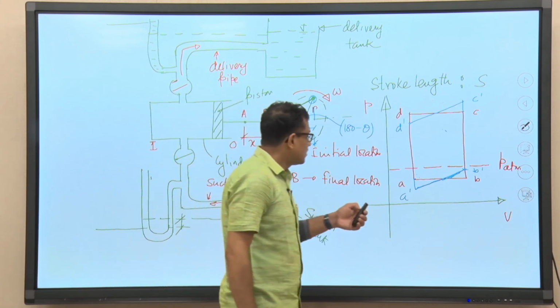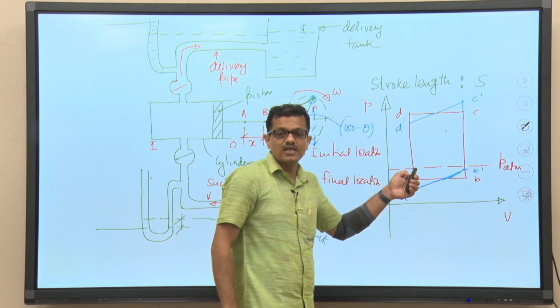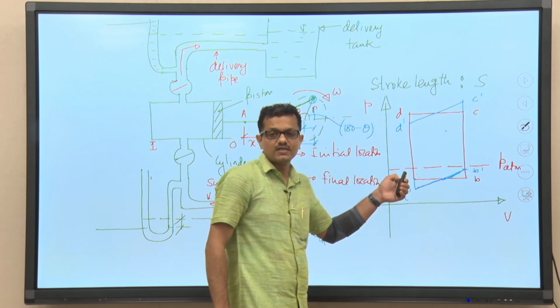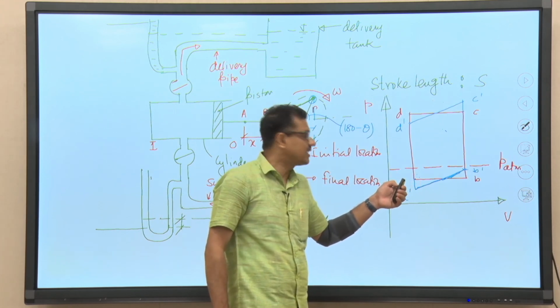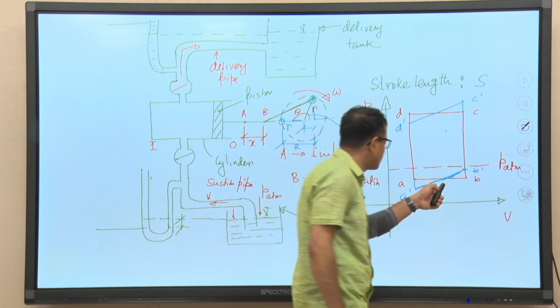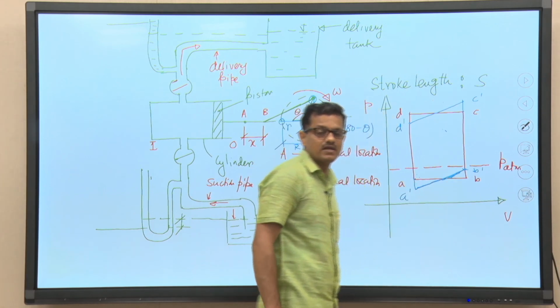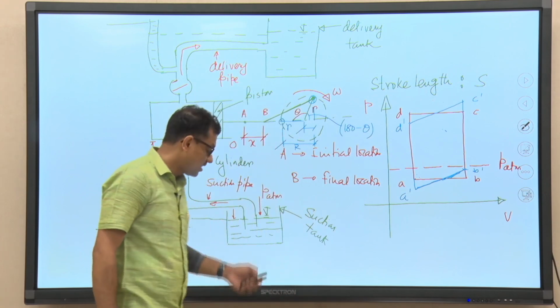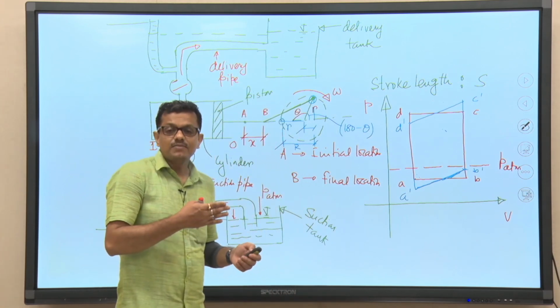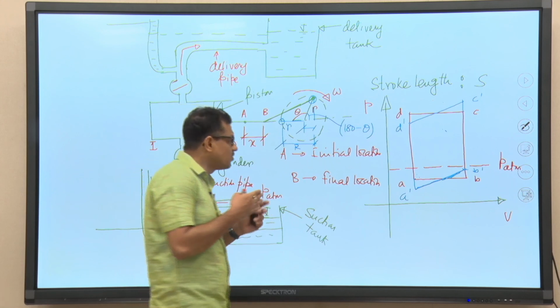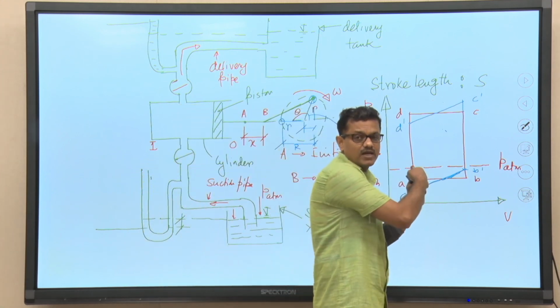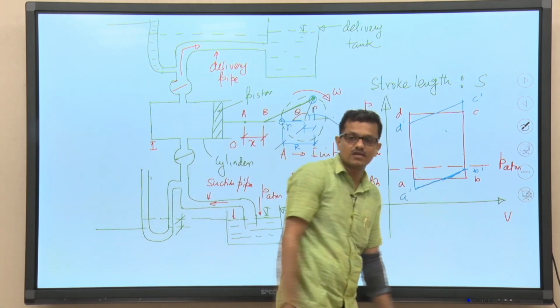Now, you try to understand, if we try to superimpose the effect due to fluid friction, the frictional losses both in the suction and delivery pipeline, mathematically we have understood that the effect will be maximum at the middle of the stroke and the effect is not there at the end and beginning of the stroke. But again I am telling you, we need to know whether it will be a straight line or it will be a curve. If it is a curve, then what will be the nature of the curve?